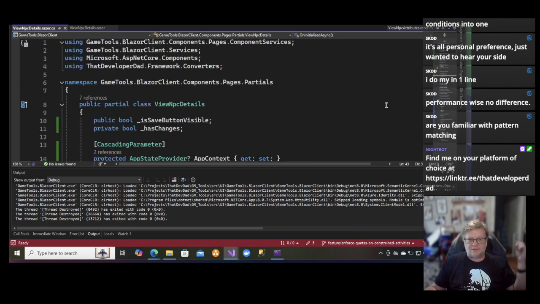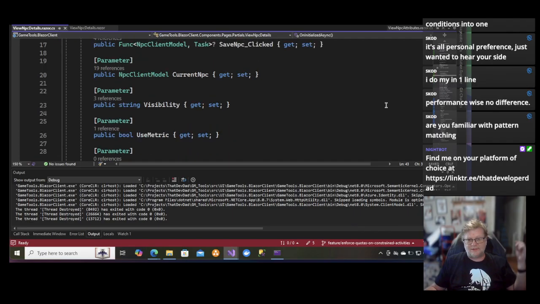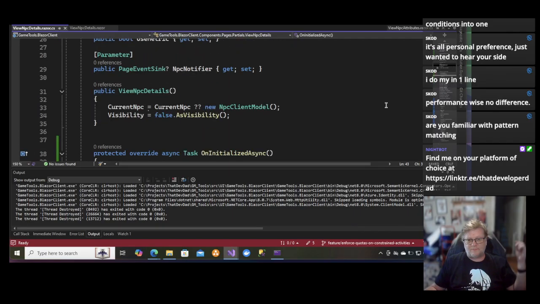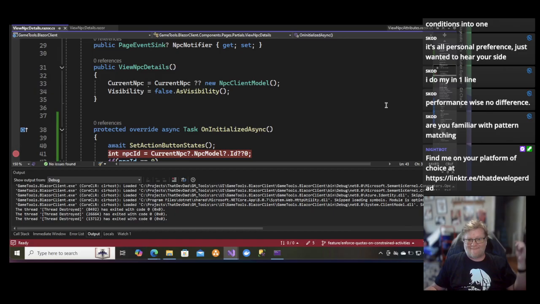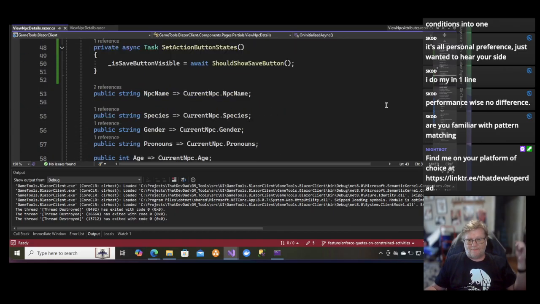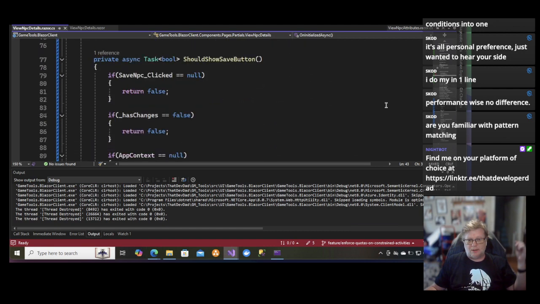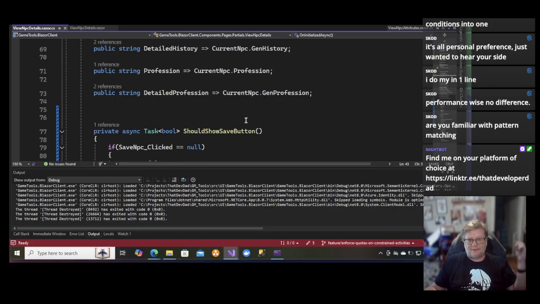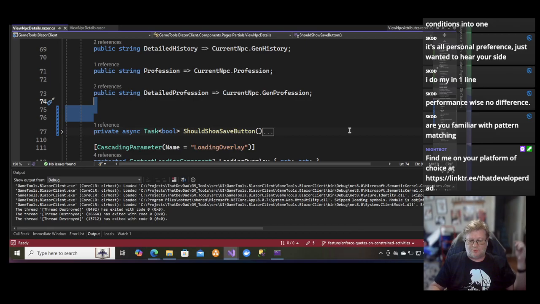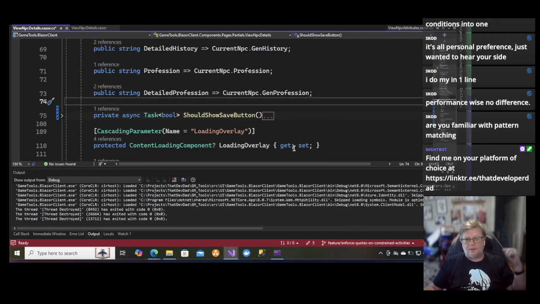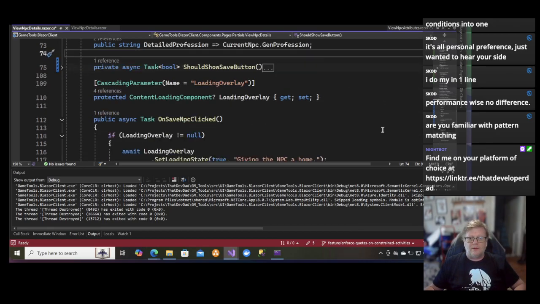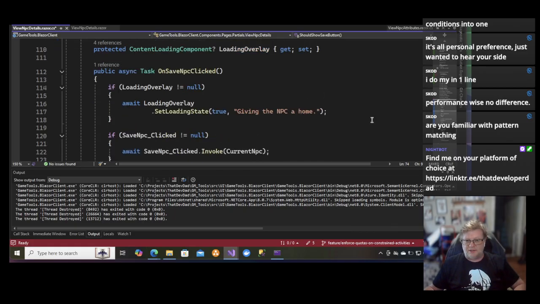Save NPC clicked. All right. So, I bet an appropriate place for this would be not an on-save NPC clicked, but